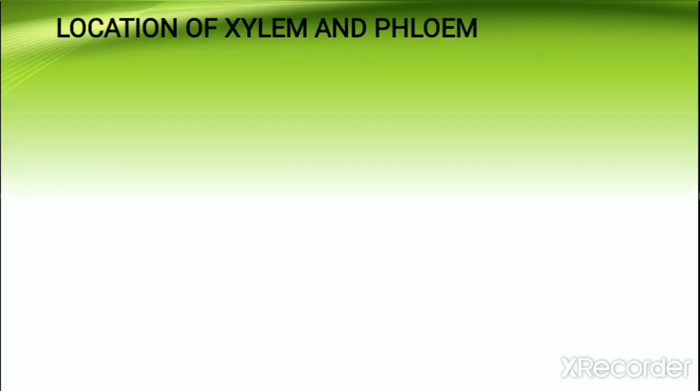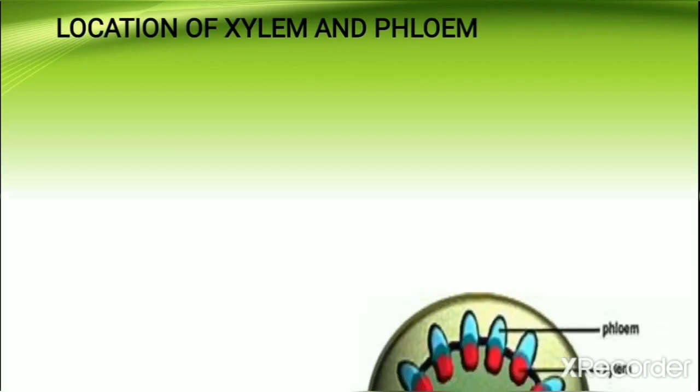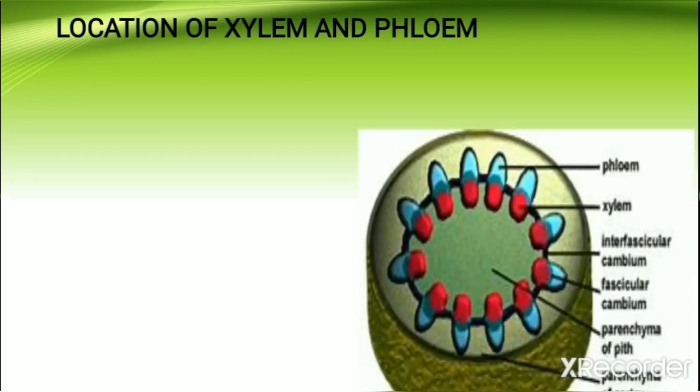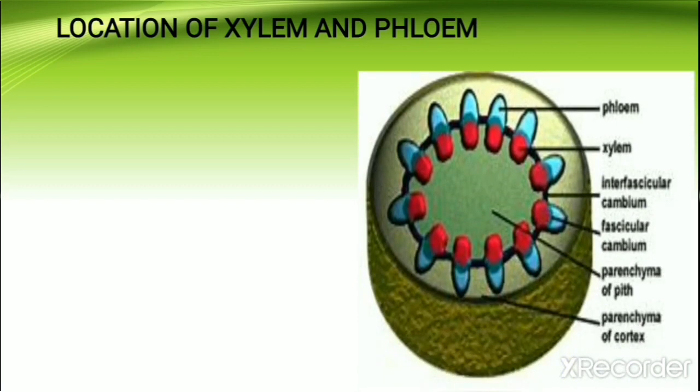Now to better understand the location of xylem and phloem tubes, if we cut the transverse section of a stem, we will see that the xylem and phloem are not a single large tube through which the water will be transported. Instead of that, they have numerous xylem tubes and numerous phloem tubes. In a plant it is not the case that there is one big tube through which water is supplied to the upper side. They are having numerous xylem tubes. Here the red color indicates the xylem tubes and the blue color indicates the phloem tubes.